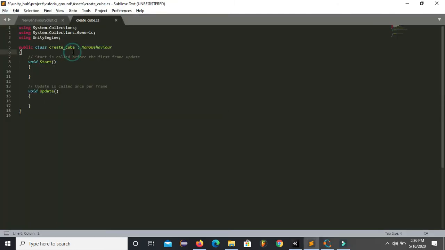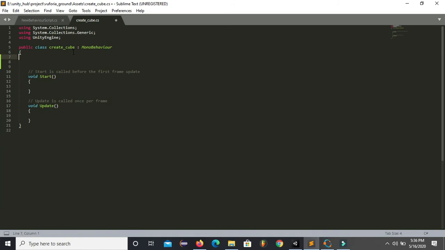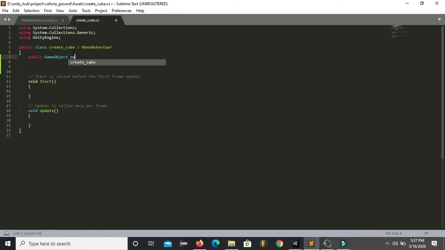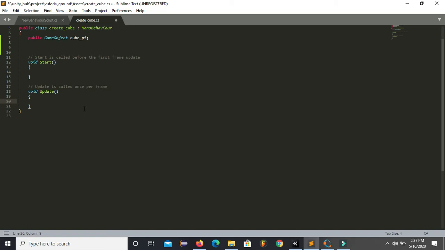Now first of all I will create a public game object. Now we don't need to use this start function, because we will go through the update function.